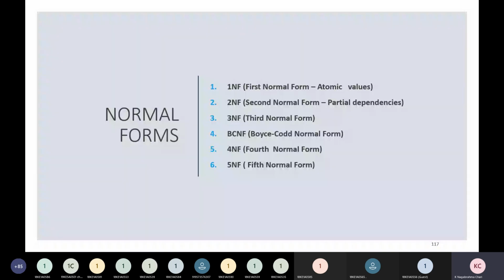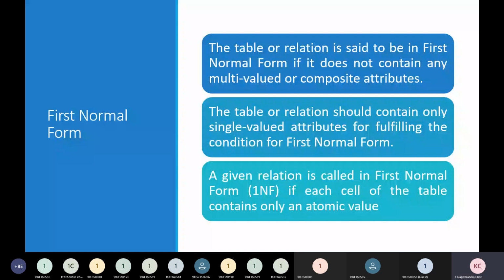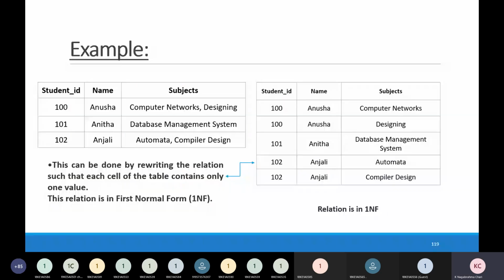What is the first normal form? Just observe the table example. Consider the student example, students and subjects. We are assigning some subjects to students, with student ID, student name and subjects.